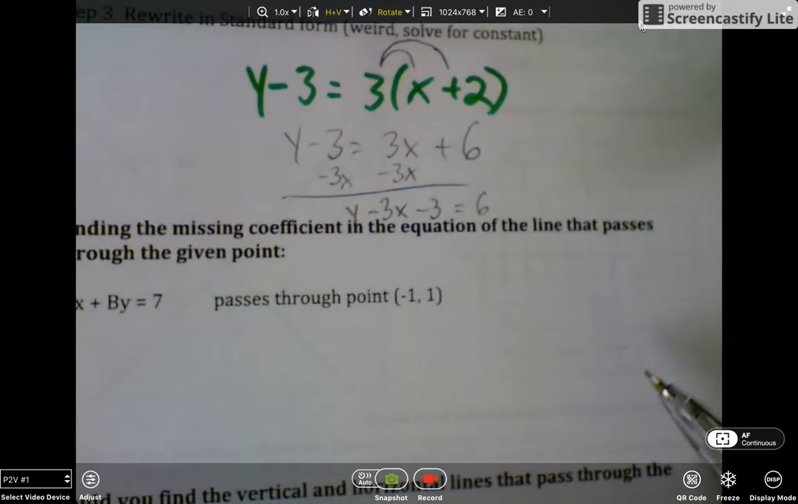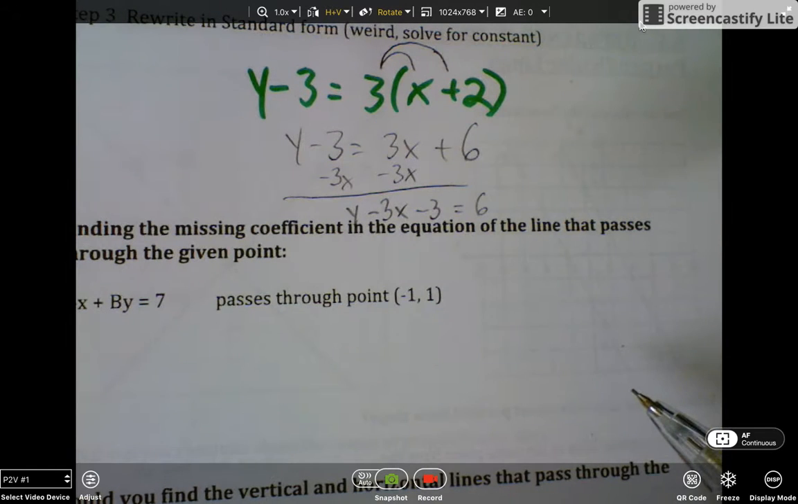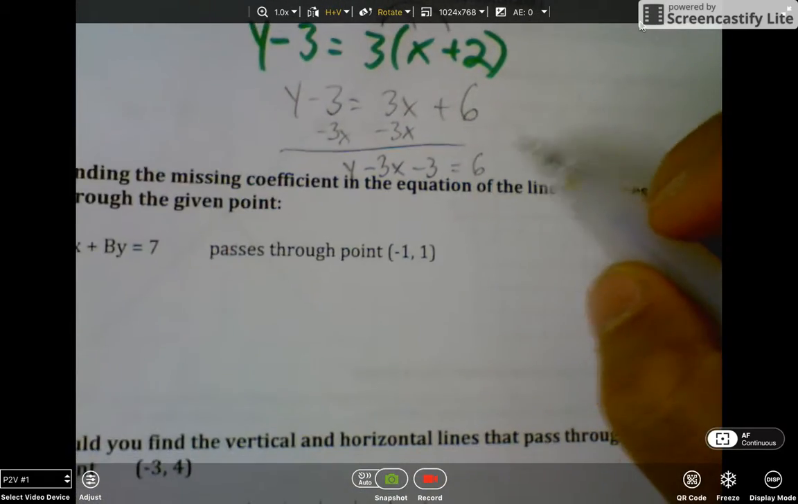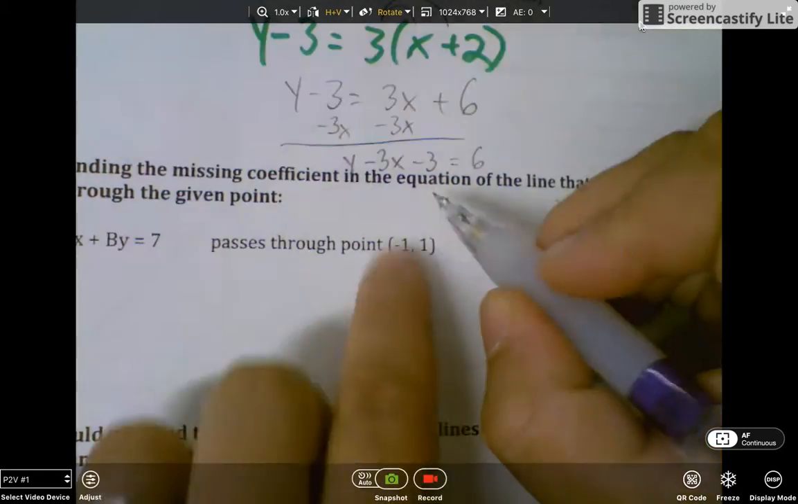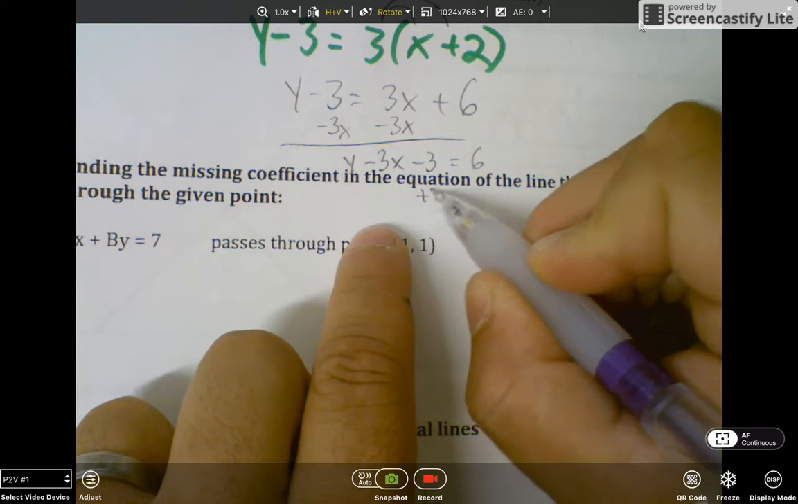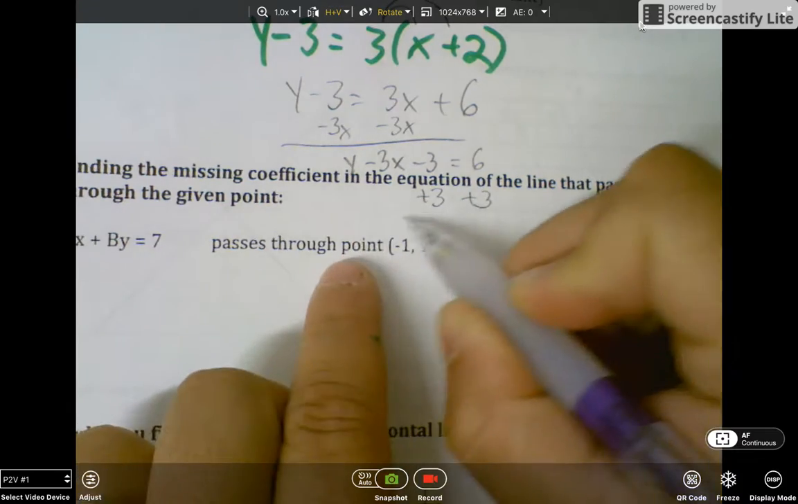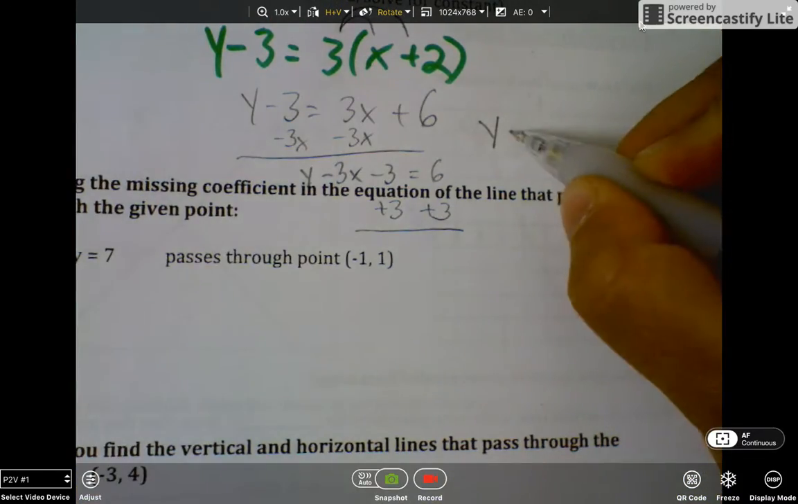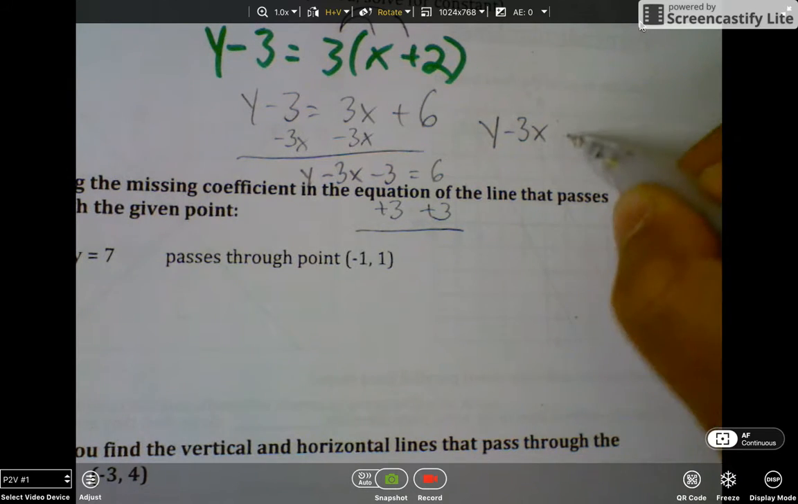Does anyone in the audience, say it really loud, know what the next step would be? How could I solve and make this in standard form? I guess we have no volunteers, so I will take it from here. The final step, or one of the final steps, let's add 3 to both sides. And so we'll be left with y minus 3x